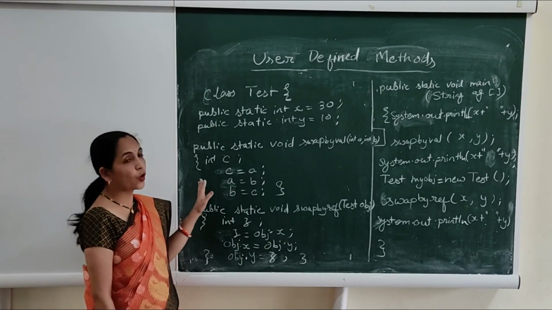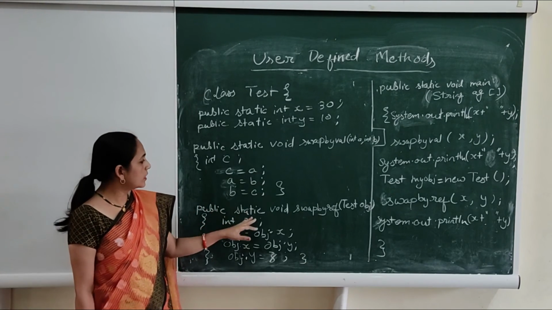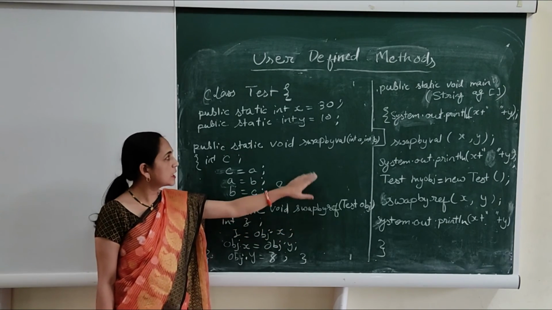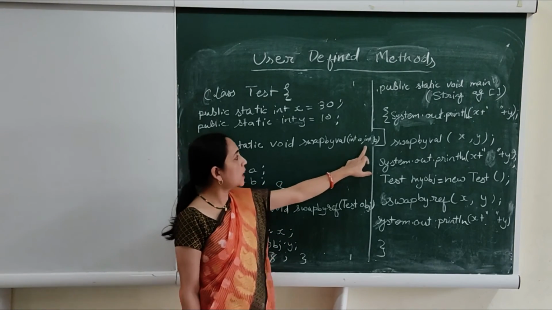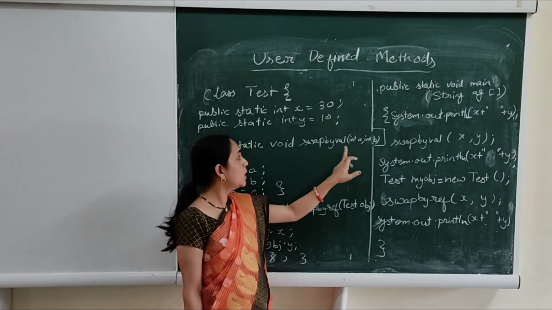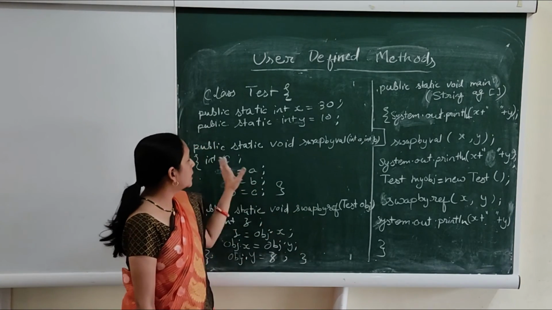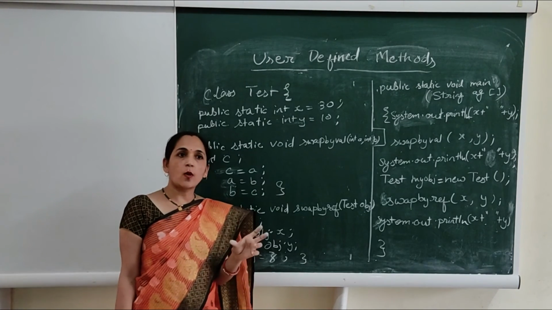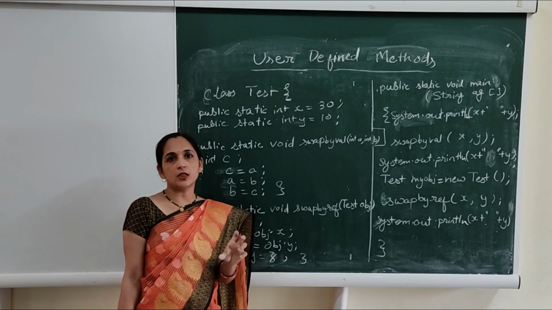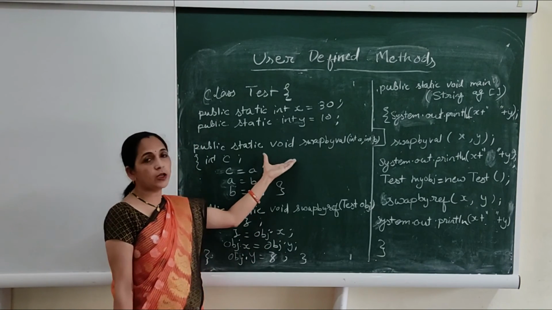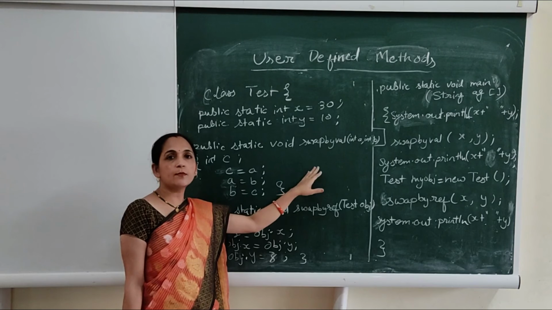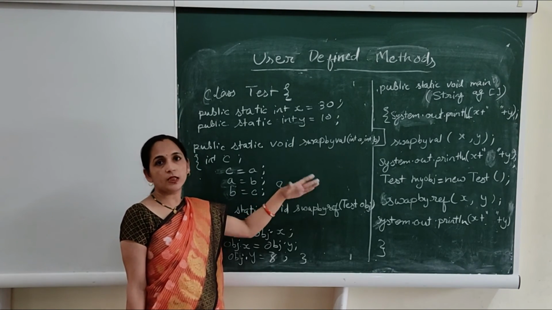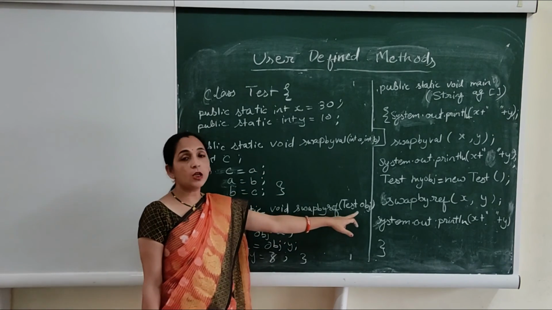Now this is the example of call by reference. As I told you, I am showing here the difference between call by reference and call by value. This is call by reference, this is call by value. Here we are passing variable values, so it is call by value. This program is performing swapping between two numbers, so we require changing the actual parameters which we are passing. But in call by value it is not happening, because the swapping is done in the function argument, and the actual parameters are not changing. So that's why we are using call by reference.